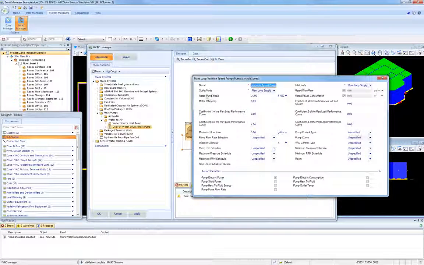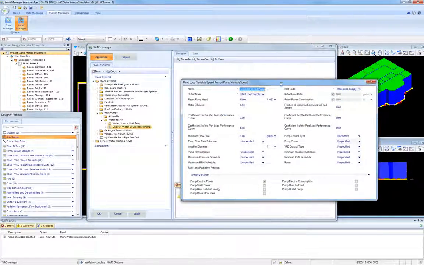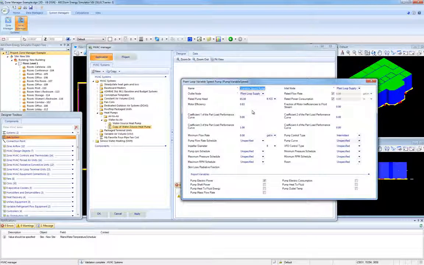In this window, we find the rated pump head at 75 feet, and I simply highlight the input field, enter the edited value, and then tab to enter that changed value. The other way I can open that window is to double left-click on that component, and it'll also open the same properties screen.